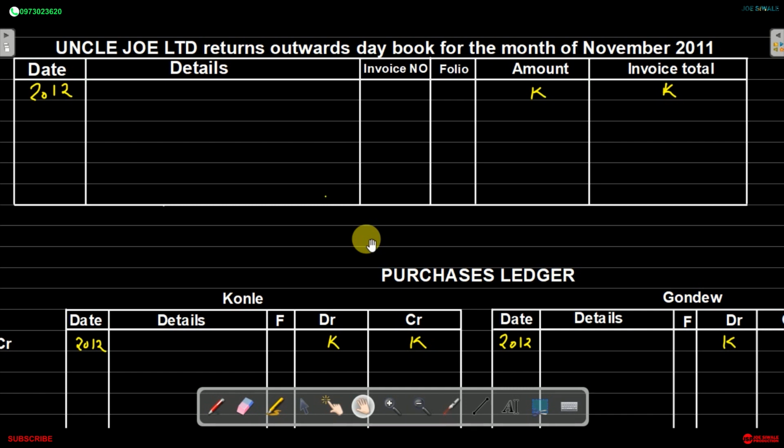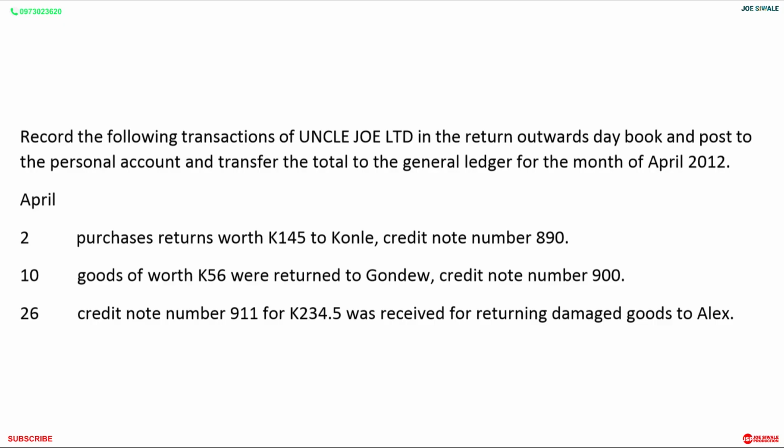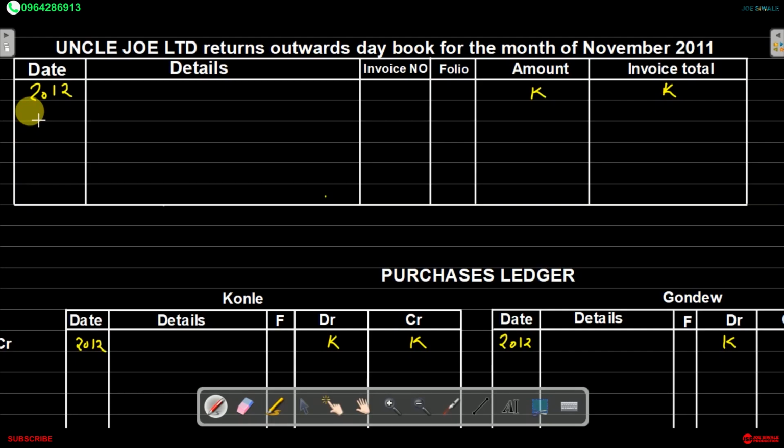The first transaction occurred on the 2nd of April. Purchases returns of 145 kwacha to Conley, credit note number 890. So we're going to say 2nd of April. In there we're going to say Conley. The invoice number there is 890, and there we're going to say our purchases ledger. The amount is